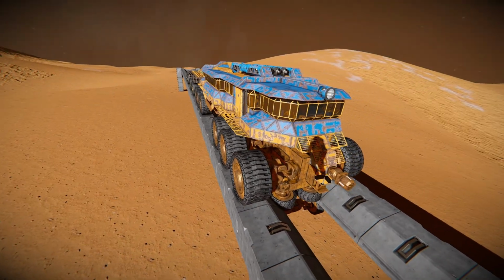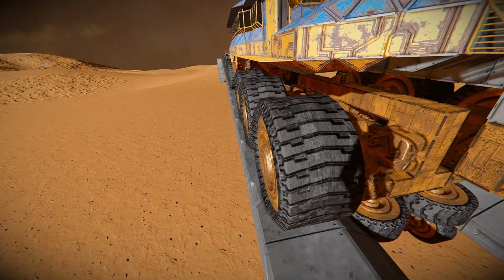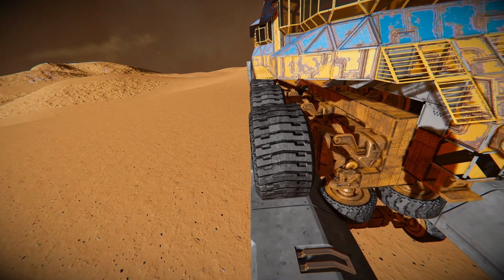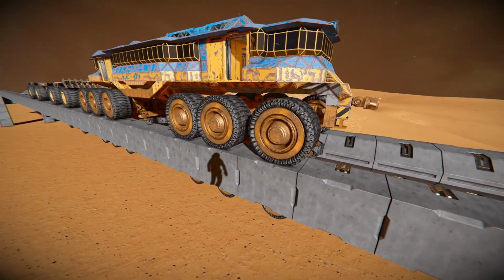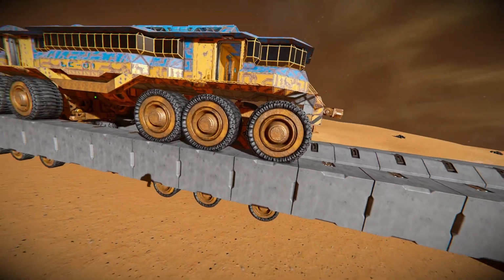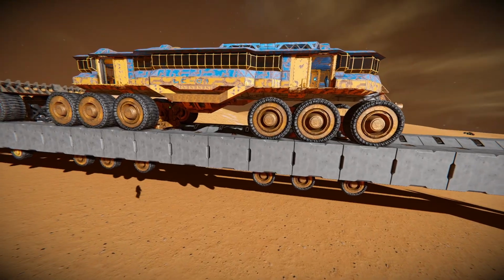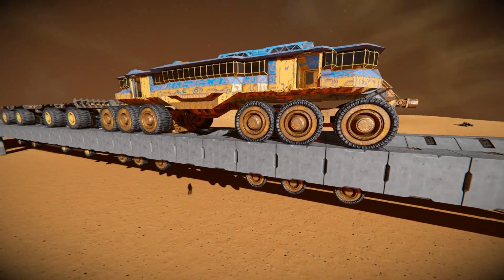The reason for that is that here in Space Engineers each wheel is basically a sphere, so it looks like a kind of donut, but it's a sphere. That's why we have some weird dynamics